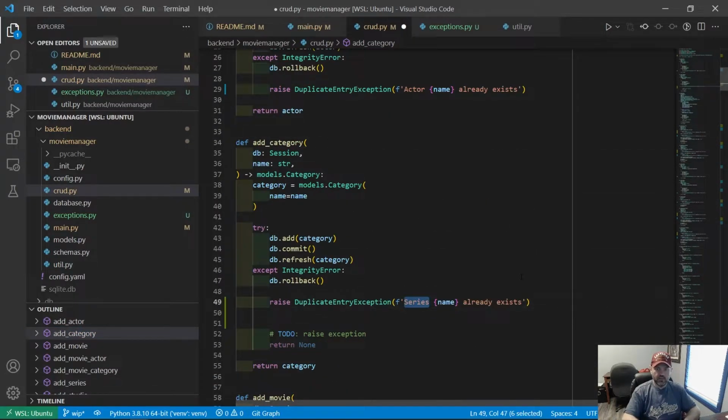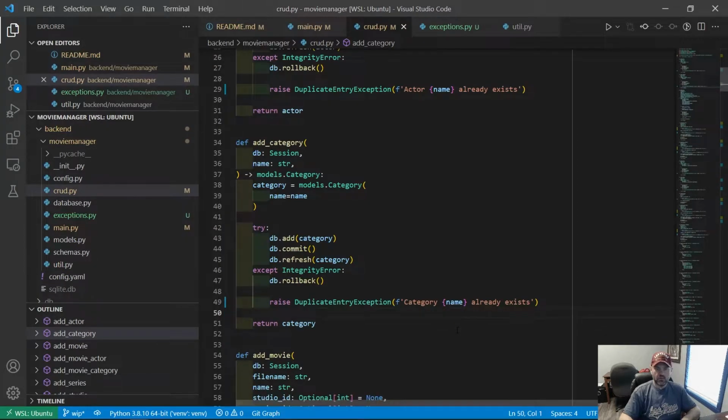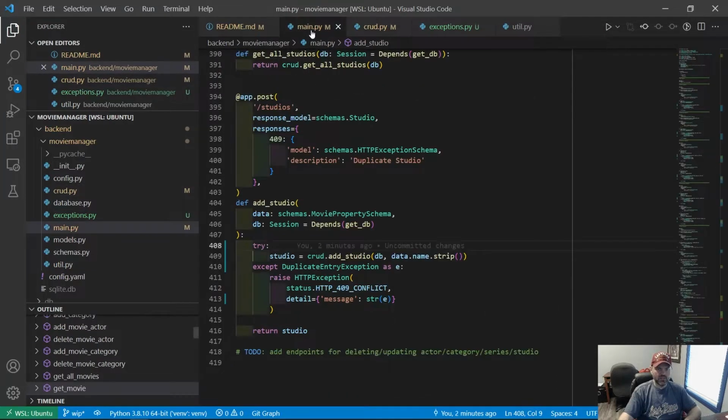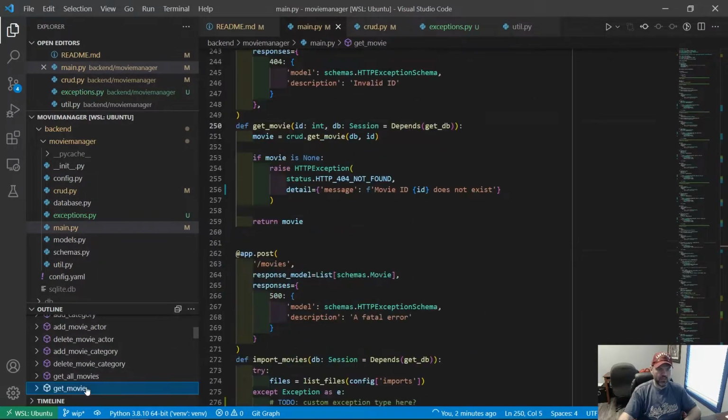And we can say category name already exists. All right, so that should be good for those endpoints. I did want to point out there is one exception to this pattern over here, and that's the get